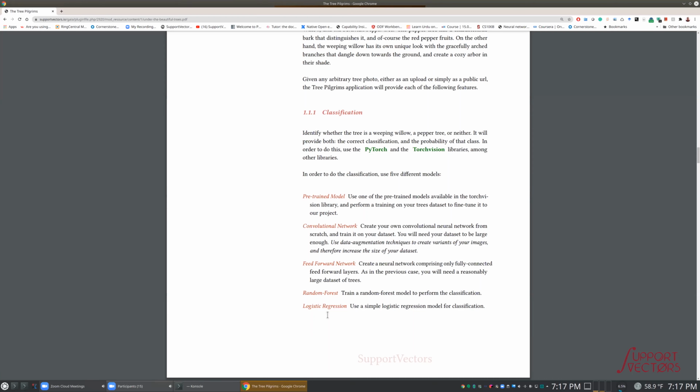Apply it to your problem and see how well it does, and use the tree dataset for just fine tuning. When you're just fine tuning, you can get away with small dataset sizes. But when you are doing it from scratch, you need more data. And one easy way to get more data, if all you have is 200 of each, is to use data